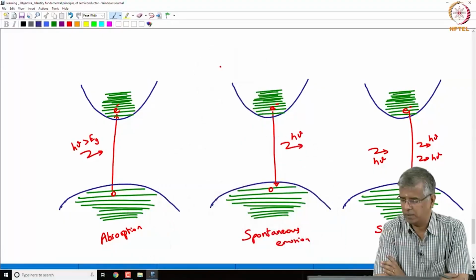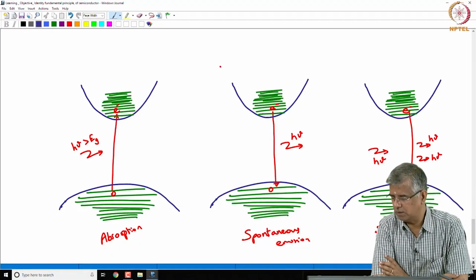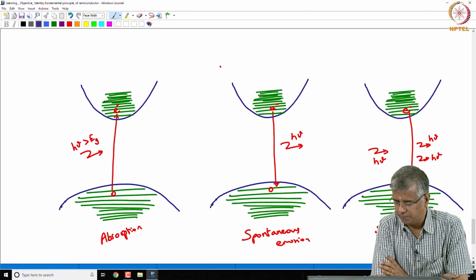So, if you have light with energy greater than the band gap energy, then that could get absorbed, leading to electron hole pair generation, which we will come back and discuss in more detail when we get into semiconductor light detectors. But for today we will focus on light emission, and light emission essentially happens when you have